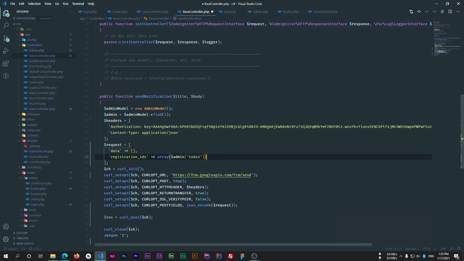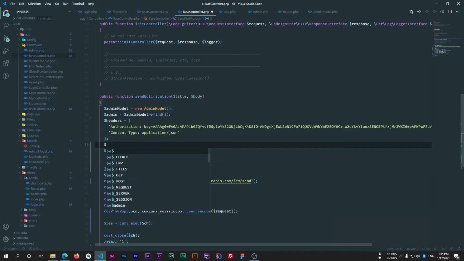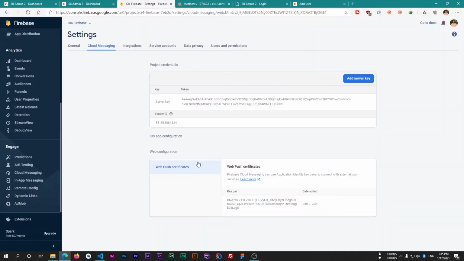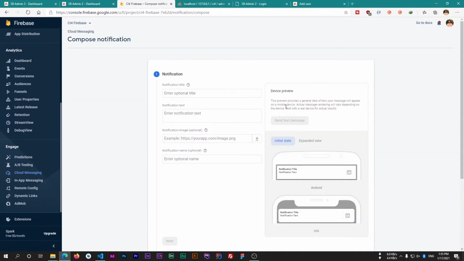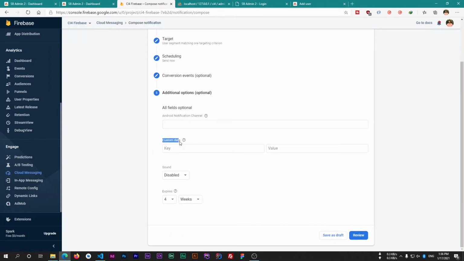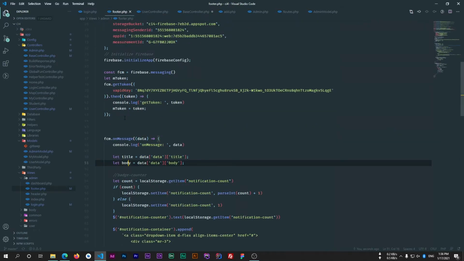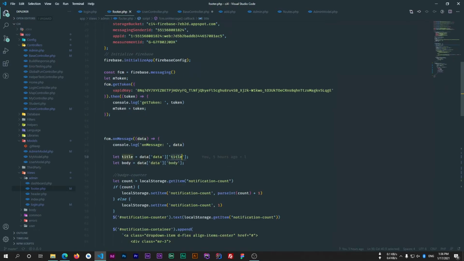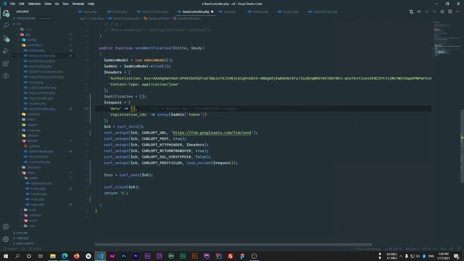and that's it. So now in the data we will create a notification. So I'll create a new variable for the notification. Actually this custom data is this one, because in our previous video we were working with this data, and we are getting title and body from this data. That's why in this we will send data here, so that other user will receive this data. So this data will contain title and body. So now I'll pass title and body in this data.